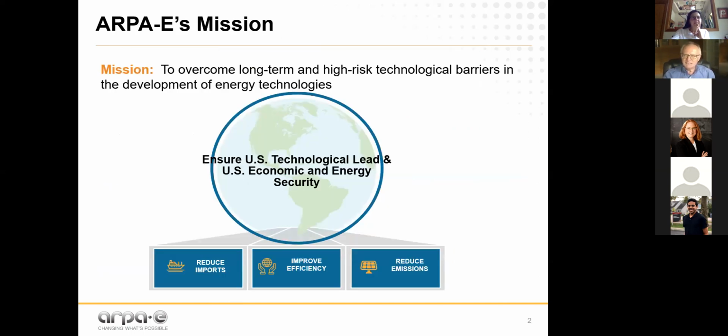ARPA-E, as I say, is a sub-agency of the US Department of Energy with the mission to overcome long-term and high-risk technological barriers in the development of energy technologies. And I'll put it in reference to transportation and specifically advanced mobility in a short while. But ARPA-E was created 10